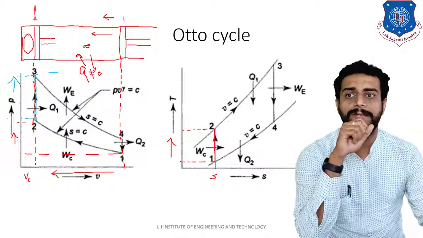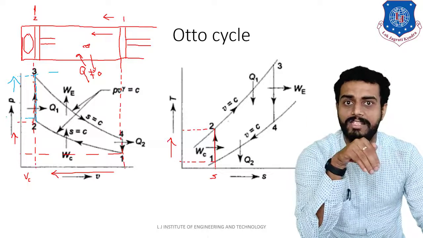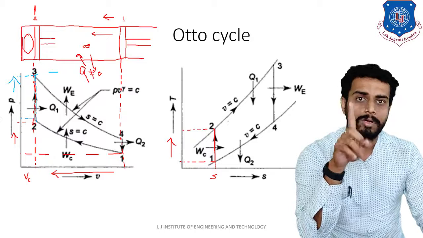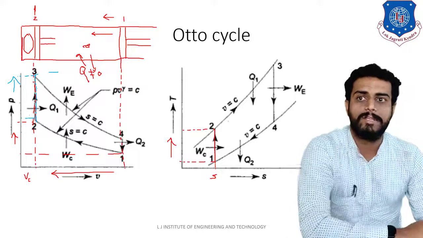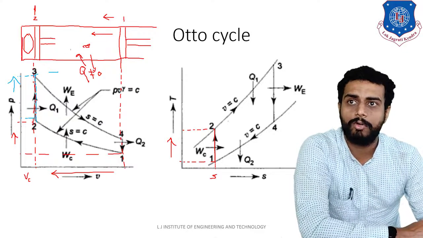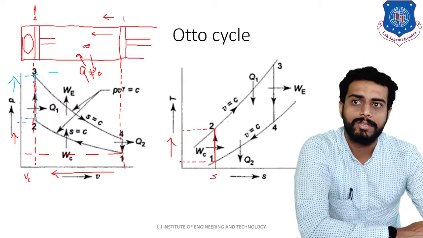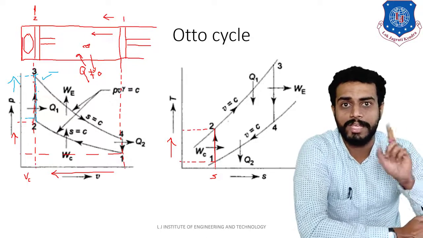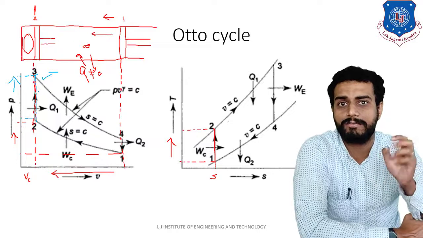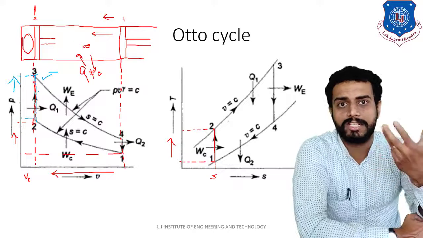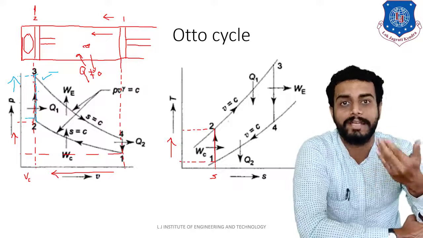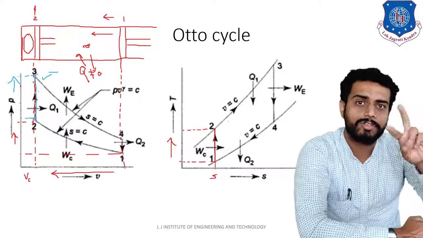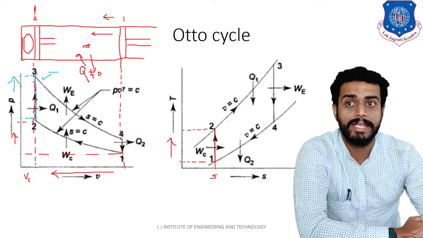Reversible means that if you reverse the direction, the same process can occur. As you can see during 2 to 3, the volume is remaining constant, so it is a reversible constant volume heat addition. Why heat addition? Because when you do the spark, combustion is produced, which means you are adding heat. That is why it is a heat addition process. Now let us observe the TS diagram. The temperature shall increase, right?